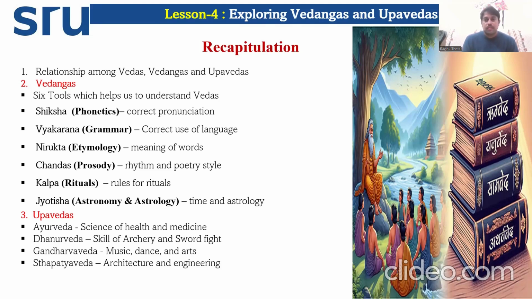For example, you would like to learn the English language. How do you learn it? You focus on vocabulary, pronunciation, grammar, sentence formation. These are all the different tools you use to learn the English language, right? Similarly, if you want to understand the information in the Vedas, these Vedangas help us understand it in a better way. How many Vedangas do we have? There are 6 Vedangas, which help us understand the Vedas in a better manner. Let us introduce all the 6 tools.